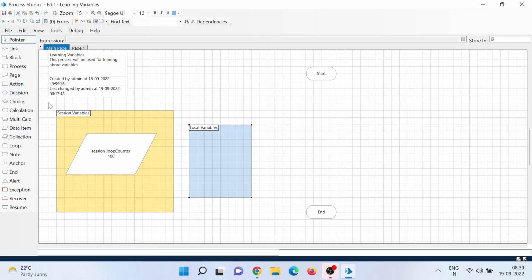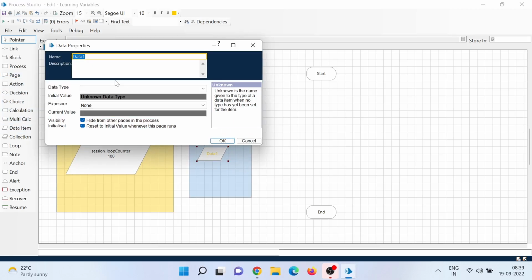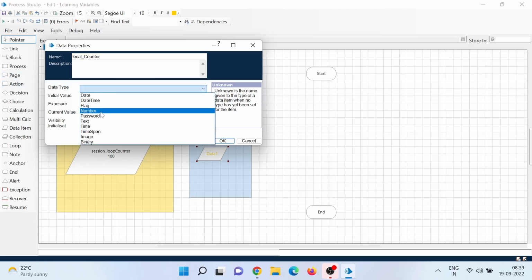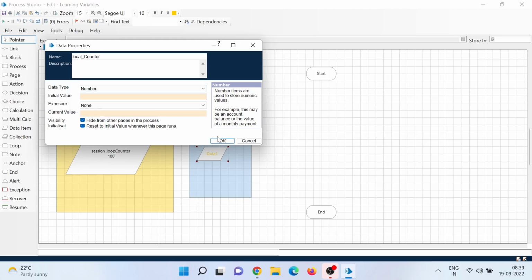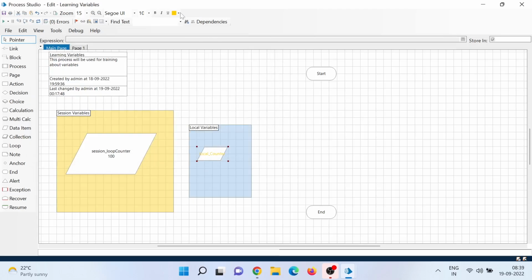So this is actually like the max counter type thing. And then I want a counter which I'm going to increment. So I'll take another data item and say local underscore counter. Let me put it black color. So now what we'll do is we'll try to loop 100 times with a delay of